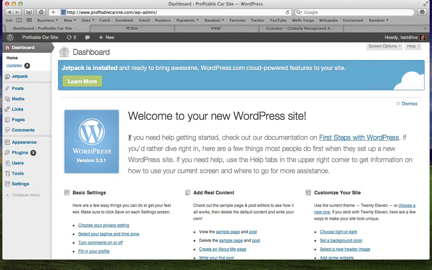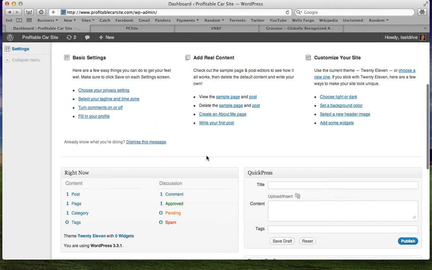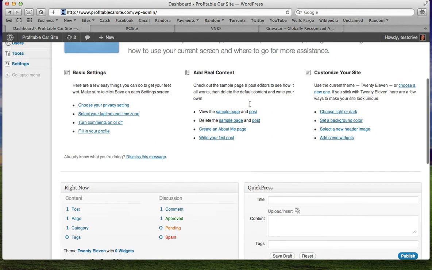And it's going to take me to my admin homepage, which is my dashboard. So once again, this is where you came and you went to first steps with WordPress. If you ever have any questions, you can always come back to this. I can come over here and click dismiss, and what this is going to do is, from this gray line right here down to this gray line right here, shut this whole window